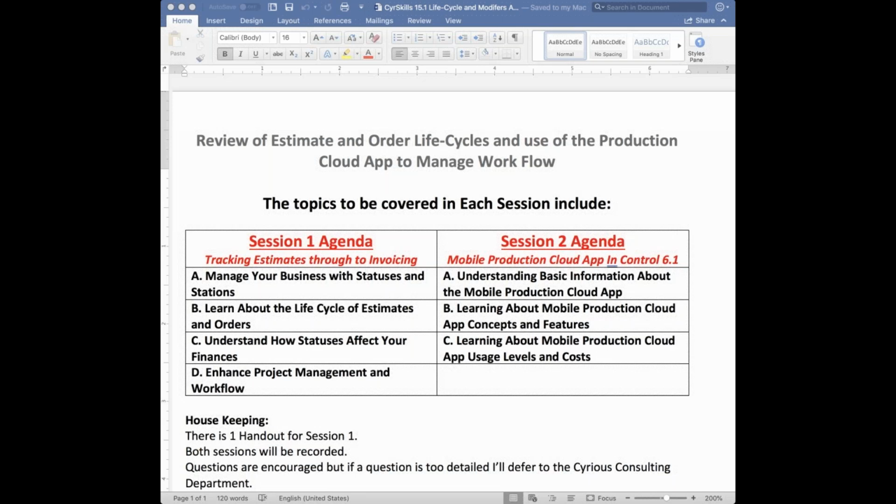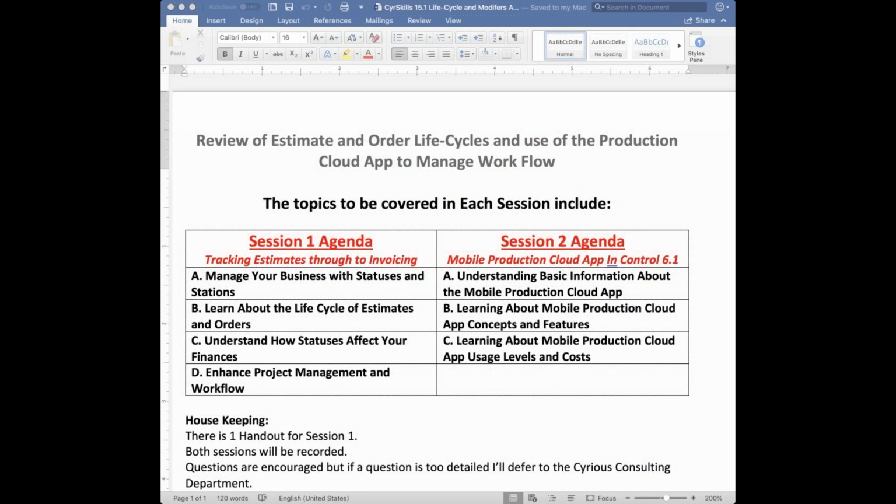Today, we're going to be pretty much strictly staying inside of control and talking about managing your business with statuses and stations, learning about the life cycle of estimates and orders, looking at what kinds of statuses affect the finances of your business, and then lastly, talking about the workflow concepts within control. Then on Thursday, we're going to take that one step deeper down into the mobile production app, and